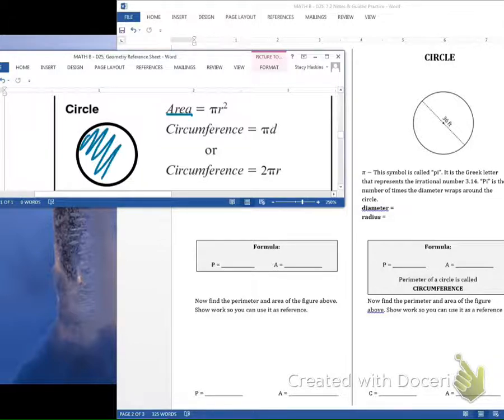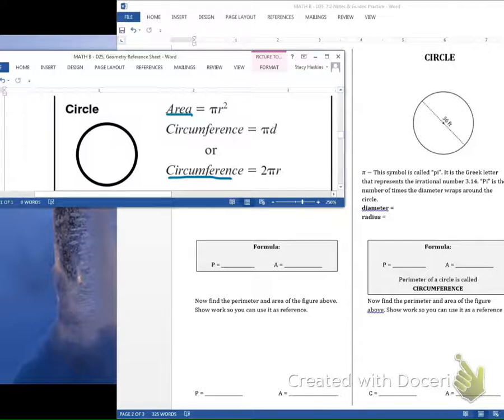area to measure the amount inside of the shape. But the perimeter gets a new name when we refer to a circle. A perimeter on a circle is called the circumference. And we're not adding this time because we don't have straight sides to add together. The circumference of a circle is 2 times pi, we'll get to what pi means here in a minute, times